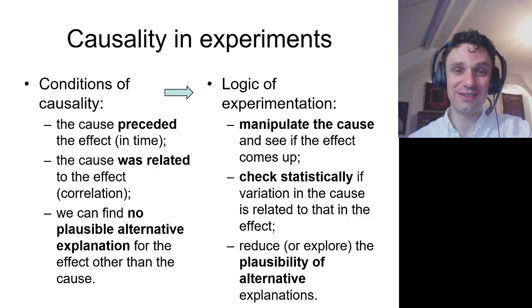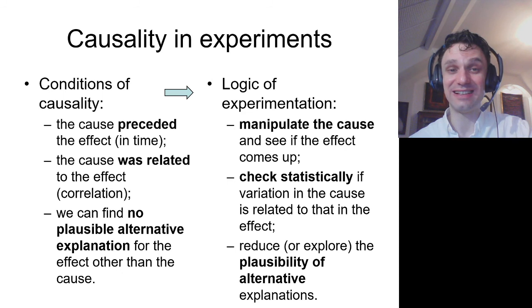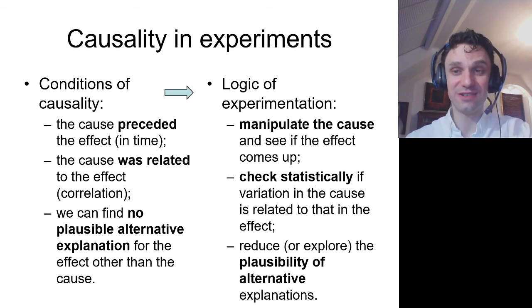So the only study design that allows us to meet all three conditions of causality is experiment. In an experiment, the cause precedes the effect in time. And we manipulate this cause. We create these conditions, the presence or absence of this cause, to make sure whether the effect comes up or not. Statistical association. Of course, when we manipulate, we also try to check statistically that the differences in the effects